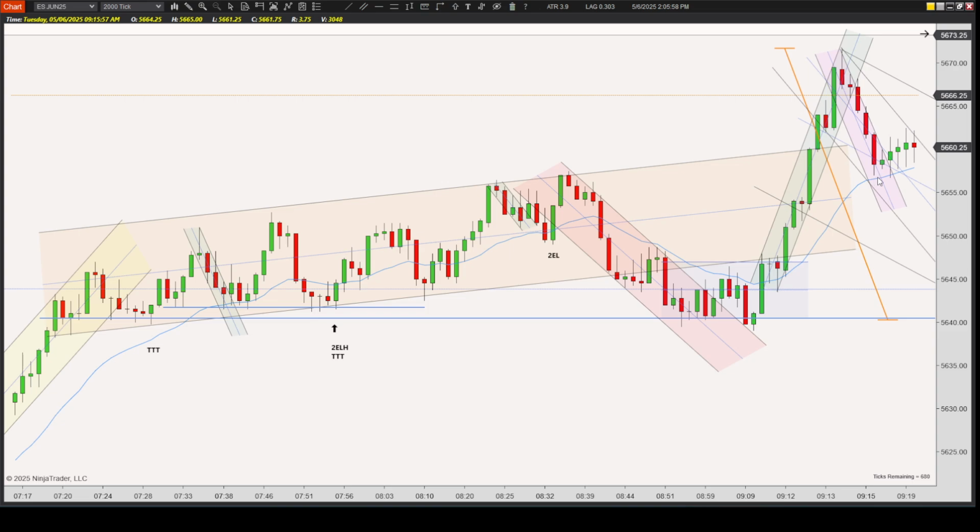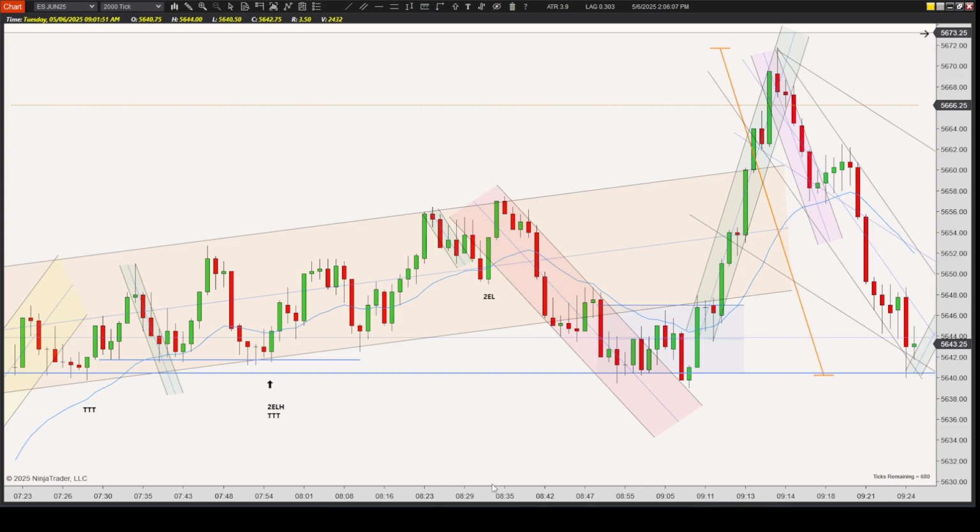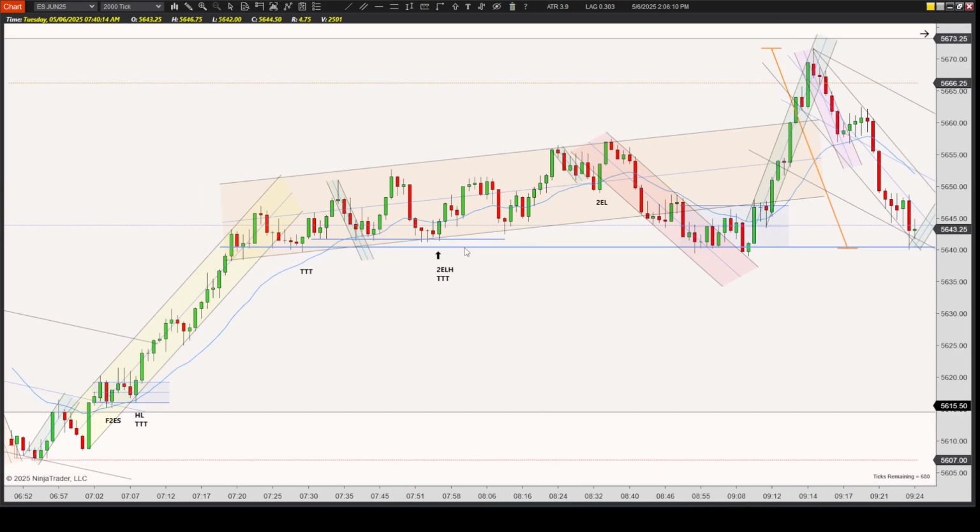The prices move down. Say first entry long. Technically, you have a second entry long here, but this just looks like one leg first entry. Then continues back down, bounces. It hits this kind of phantom support area. So I was thinking at one time, is this some kind of range where this could be the bottom of the range, but the top of the range never really quite fit super well. And what I mean by that is I tried to find a corresponding high of the range, but it doesn't look like it fits anywhere. So all I could say for sure is it looks like some kind of reaction off this support.